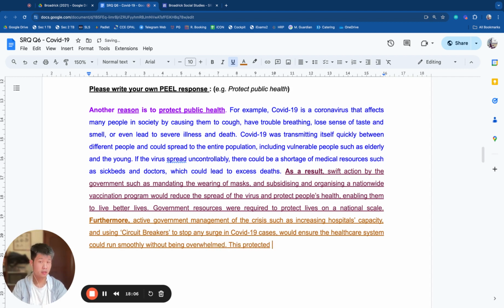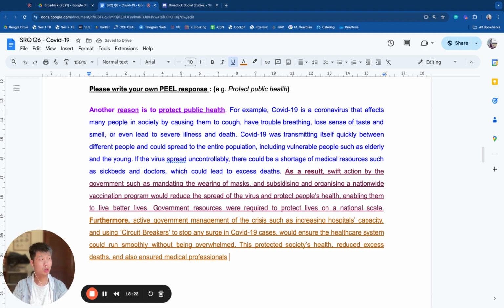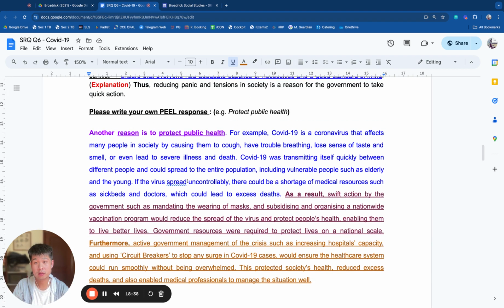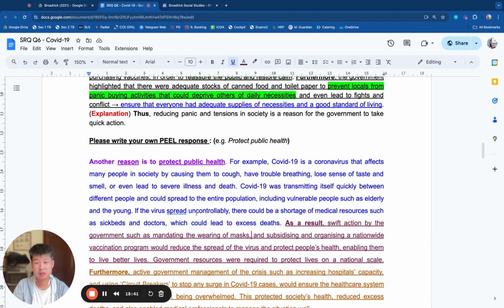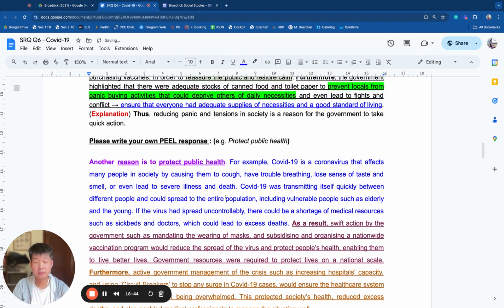This protected society's health, reduced excess death, and also ensured medical professionals could manage the situation well and help enable medical professionals to manage the situation well. So this line of argument goes with by government, by taking government action